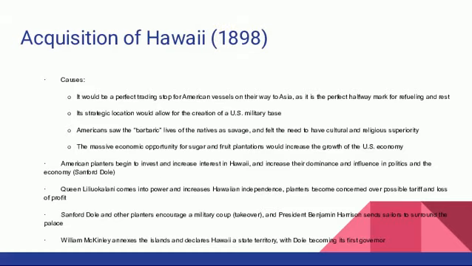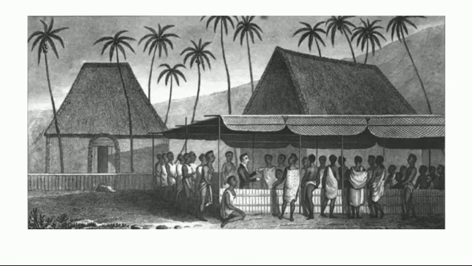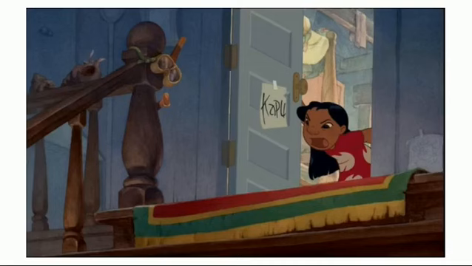Part of the reason that people wanted to acquire Hawaii, in terms of social Darwinism again, had to do with these savages allegedly in Hawaii. So Hawaii, actually, their original law system is something called the Kapu system. So if you actually watch Lilo and Stitch, it has this word Kapu in it. That's because that's the Hawaiian word for like stop, halt, don't go, don't enter. That was the original system.